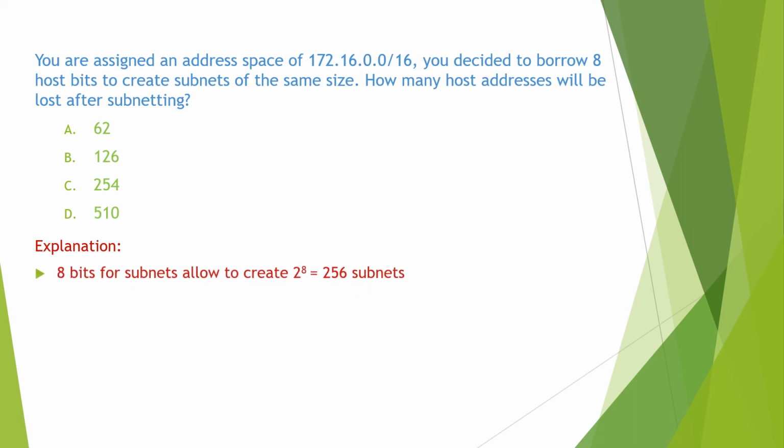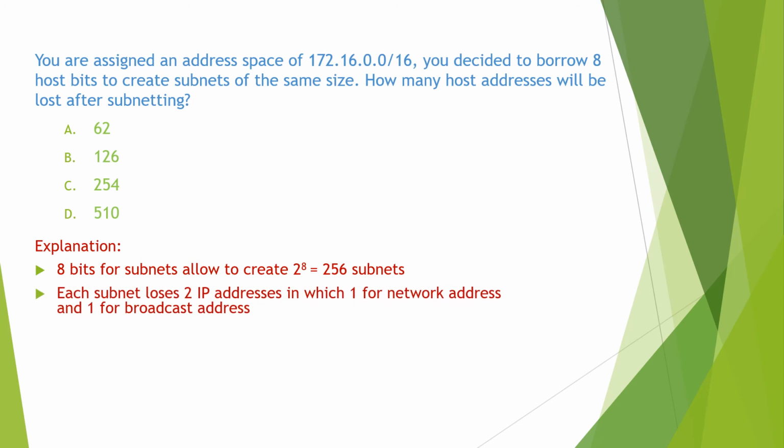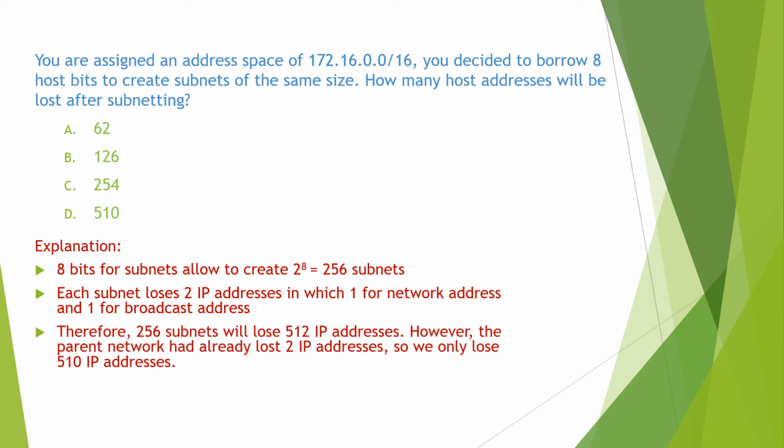We know that 8 bits for subnet allows us to create 256 subnets. Each subnet loses 2 IP addresses, in which one is for the network address and one for the broadcast address. Therefore, 256 subnets will lose